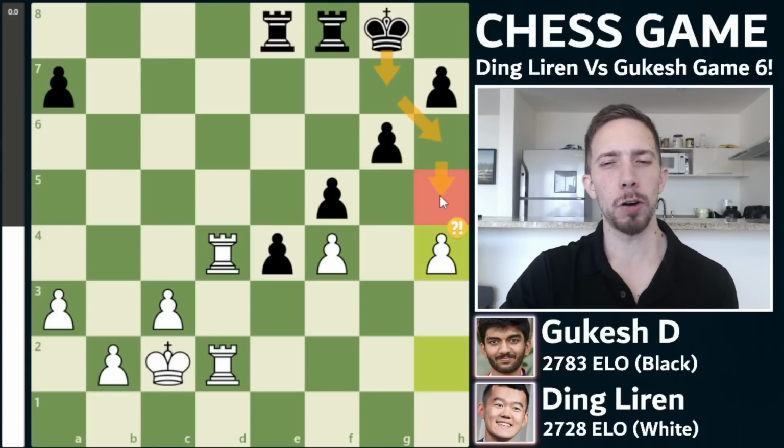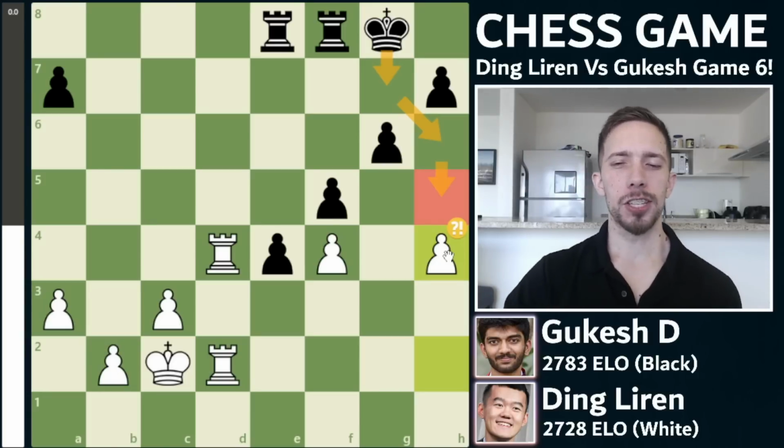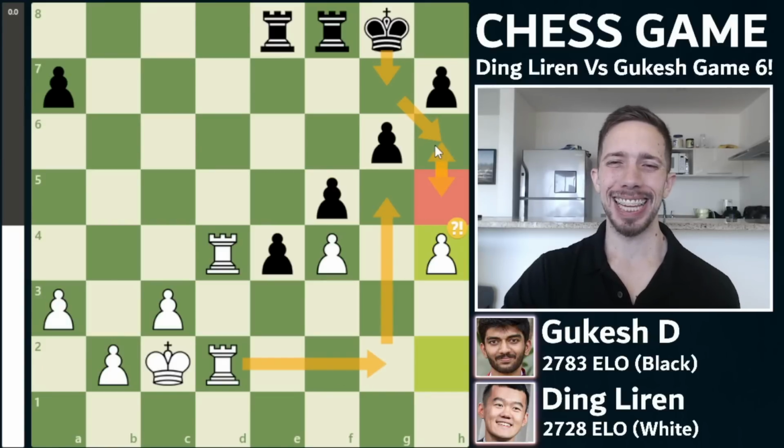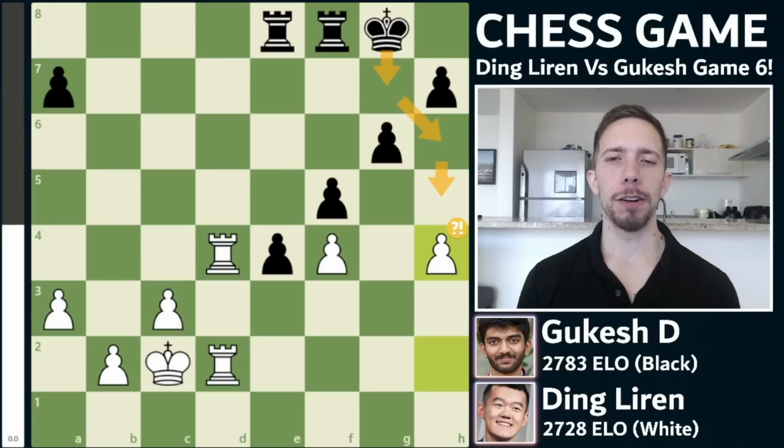It puts pressure on the pawn on h4, and there's no good way for Ding to put pressure on the king. For example, yes, he could go rook g2, then rook to g5, but then king to h6, and the king is very safe on h6. So overall, this plan of king g7, then h6, then h5 would be very, very strong for Gukesh here,